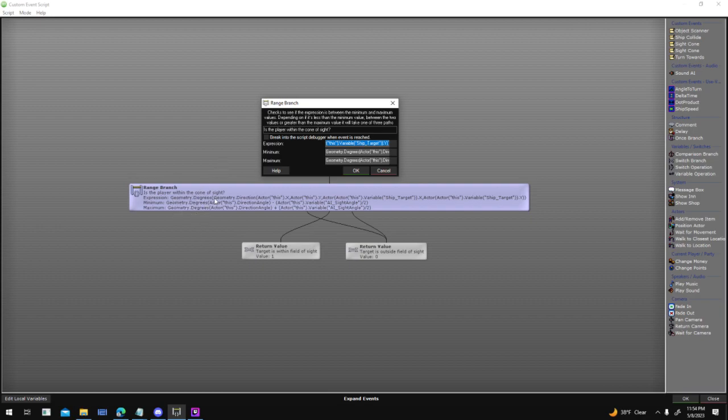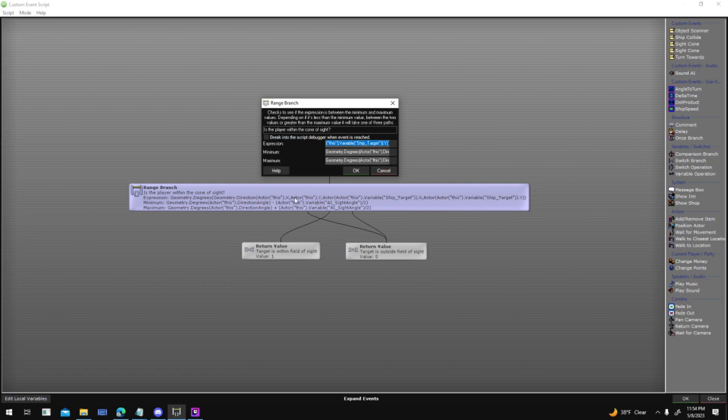You can see the geometry.degrees, because every one of these values is in radians, where the highest is 3.14. It's measured in a value of pi. I don't know anything about math, so I'm not really sure about all of the math behind it, but using some built-in functions here,